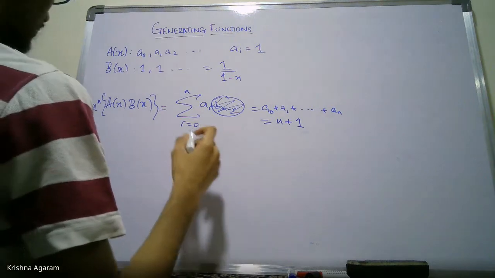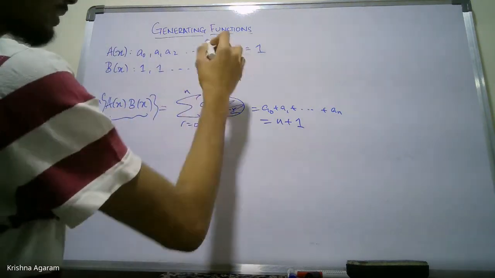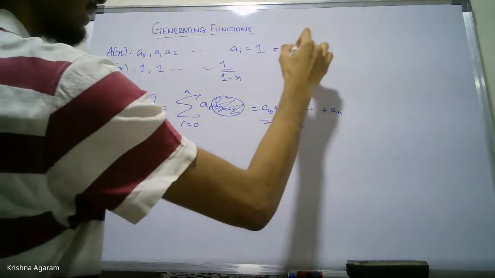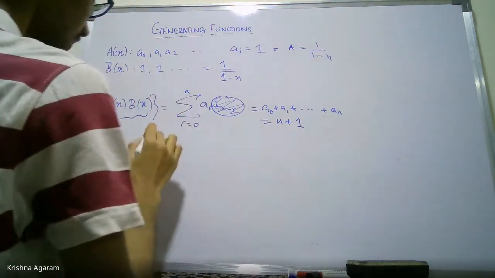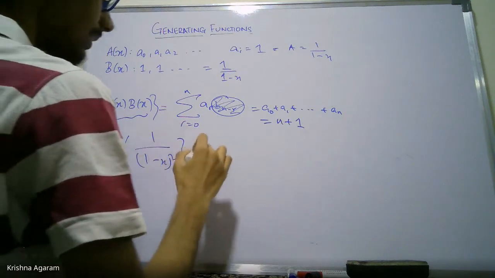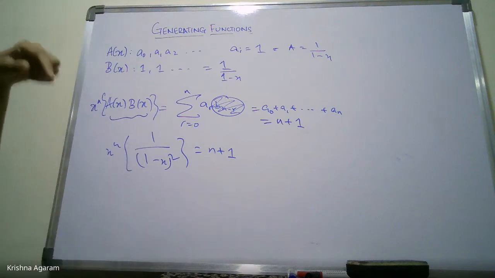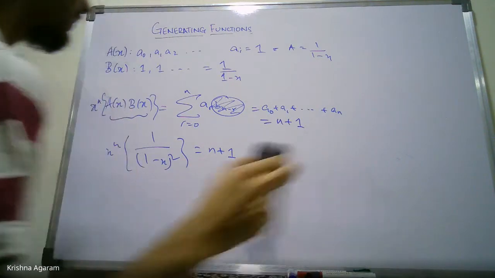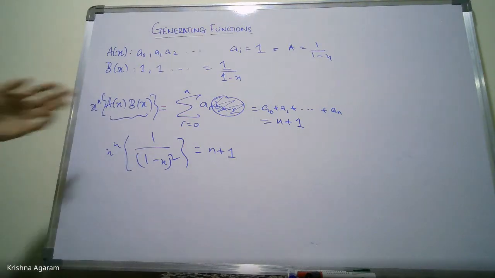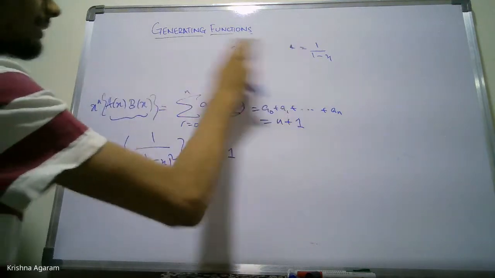So what this means is that a(x) is also 1 over 1 minus x now. So that means their product, the x to the n coefficient, is n plus 1, which is basically the same thing as saying that the ai is i plus 1, which is how we showed it before, right? By the derivative approach. This is yet another way to prove the general formula, but I'm not going to go into that. That's straightforward.